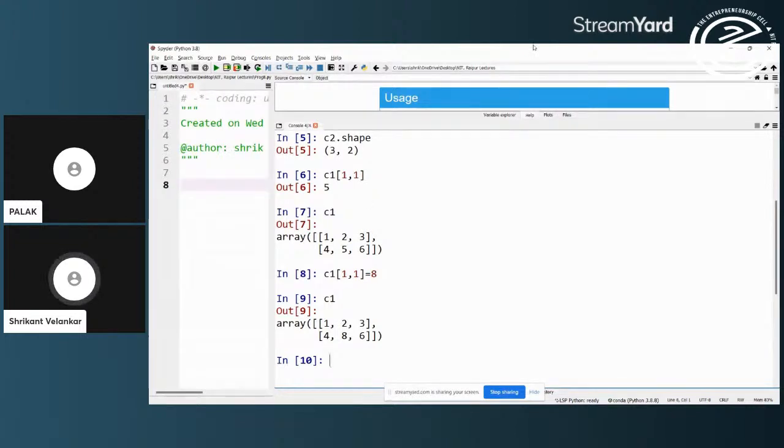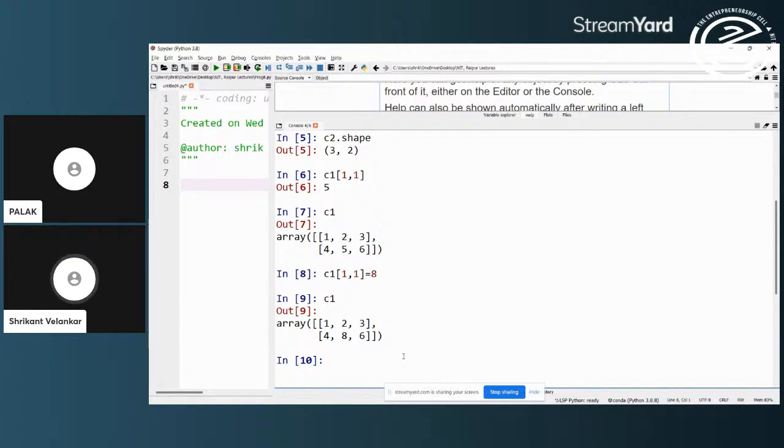So moving ahead, as I said, NumPy arrays draw most of their properties which are quite analogous to those of the basic Python lists. And therefore, we can have this kind of notation which is also very similar to lists. The only modification is that in a list, I would have required C1 open bracket 1 close bracket open bracket 1 close bracket.